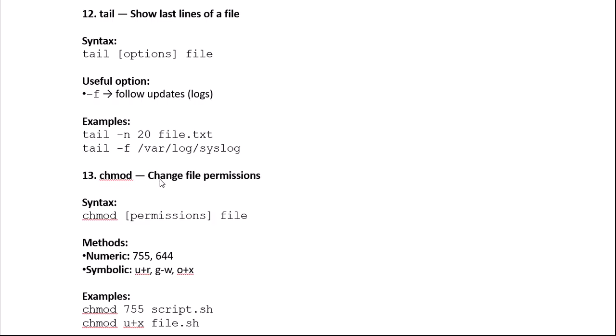13th command is chmod, which changes the file permissions. The syntax is chmod, permissions, and file. The method is numerics, such as 755 and 644, and symbolics, such as u plus r for user and read, g and w for group and write,